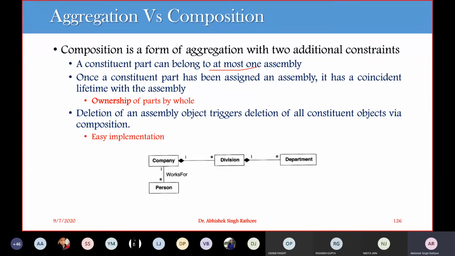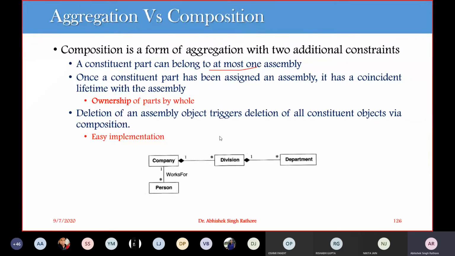When the whole takes ownership of the part, when we delete the whole, the part will automatically be deleted. Going to language-specific implementation, this is very easy to implement in any programming language. Let's take an example.